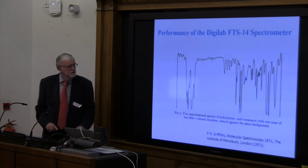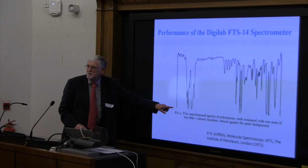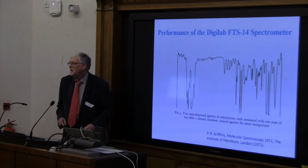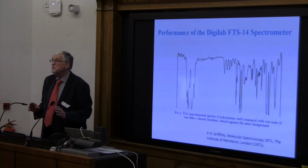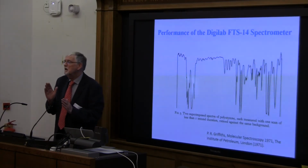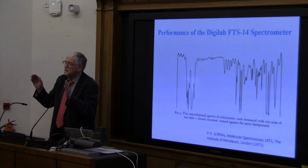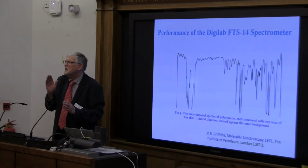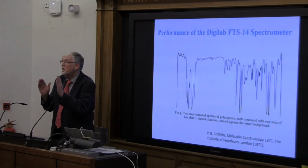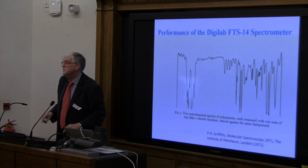What is not shown here is the fact that this is 3,400 reciprocal centimeters right here, and not shown is the region between 3,400 and 4,000. The reason for that is that beam splitters at that time were single layer beam splitters of germanium on KBr, and if the thickness of the germanium layer was optimized for 2,000 reciprocal centimeters, above 3,400 and below about 600 reciprocal centimeters, the efficiency of this beam splitter went